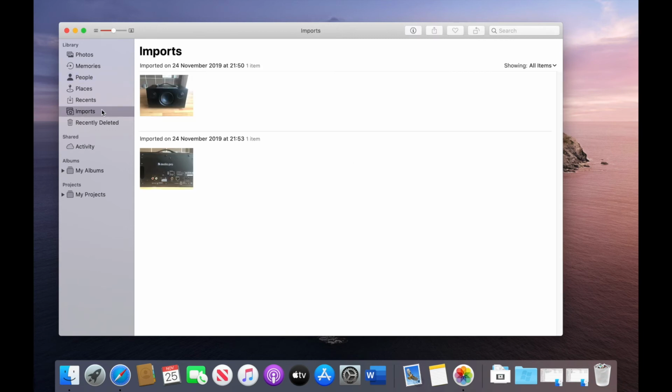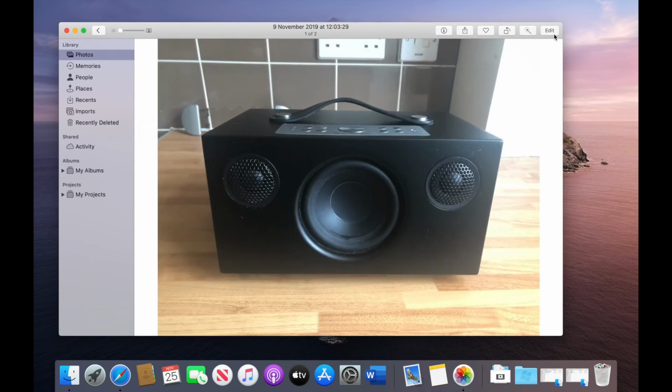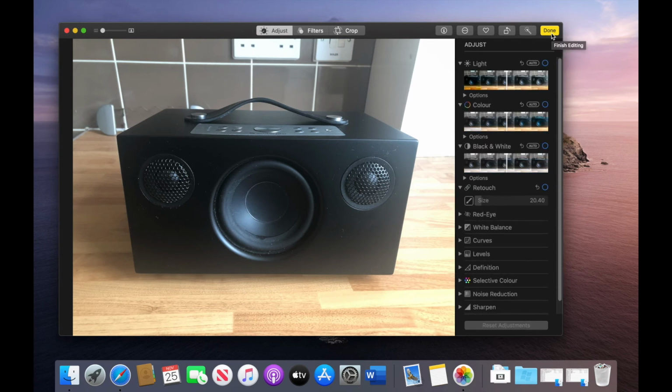As these pictures were imports, they're showing up on the imports page as well. But if I go back into photos and I click on one of these images, they've added some new tools on the edit tab. So if you're looking to do some minor editing and you don't need to use something like Photoshop, for example, you can mess about with some of the tools on here, and just clean up